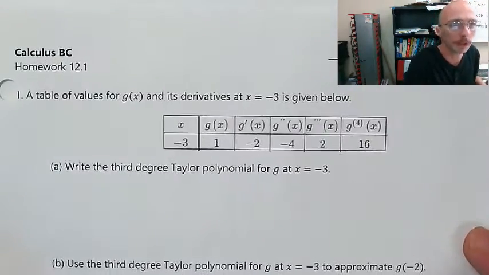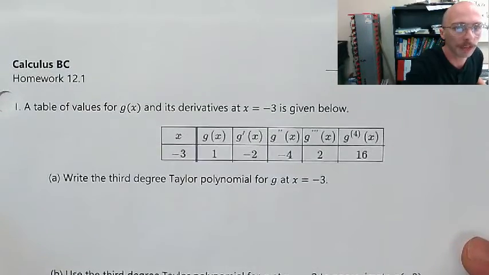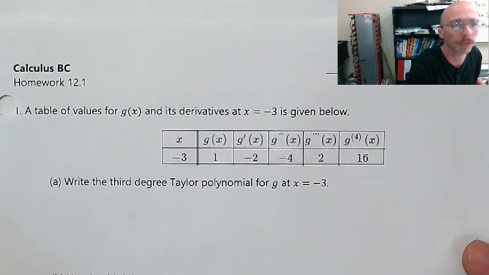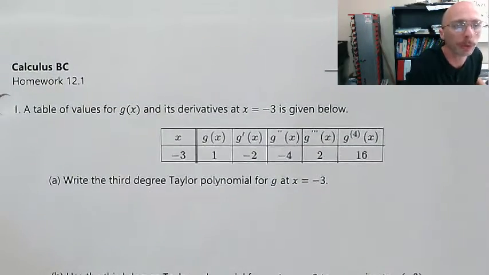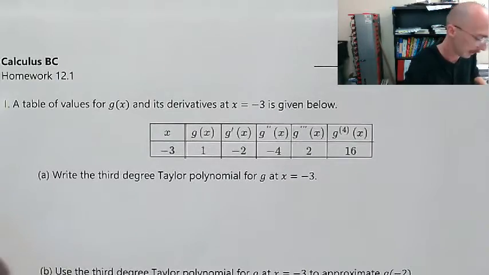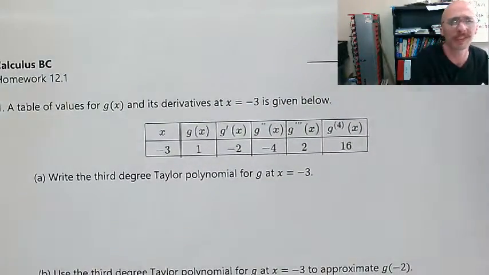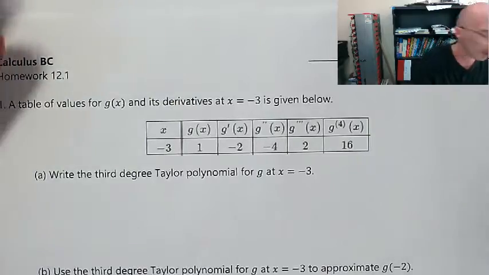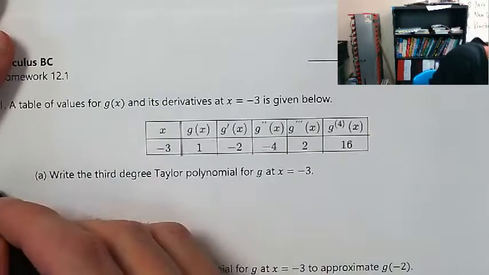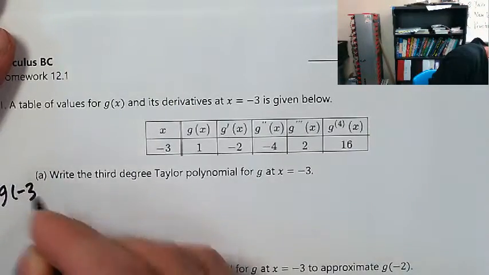Okay. Table of values for g of x and its derivatives at x equals -3 is given below. Let's write the Taylor series, or the third degree Taylor polynomial for g at x equals -3. All right. So we know that in general, it's going to start off, I'm going to write the skeleton at least the first few times, and then I might start not doing that. But I know it's going to be g of -3